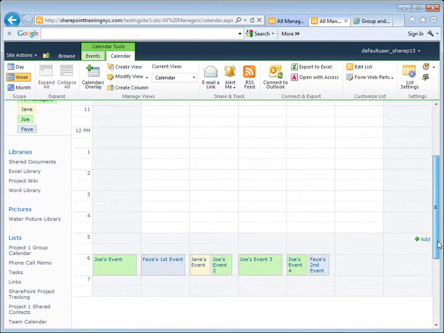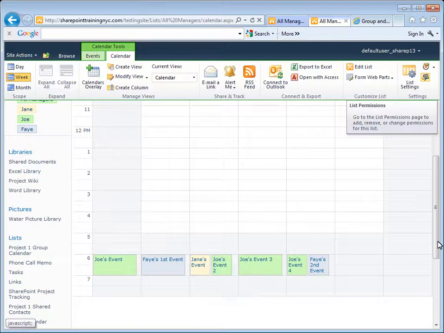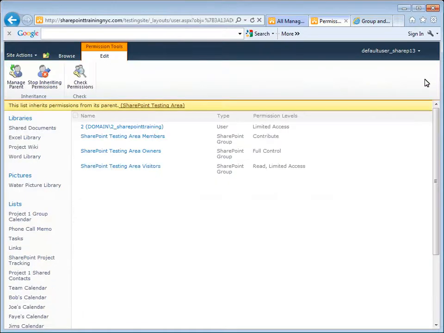So that concludes. As a quick review, we first create a shell calendar. Then we choose Calendar Overlays. We add those extra calendars by pasting in the URL of our SharePoint site, and now anytime we go to this calendar, we will see everyone's calendar. As a reminder, we can also change list permissions and give people permissions to this calendar, either just to view it or to be able to access it, to change it,